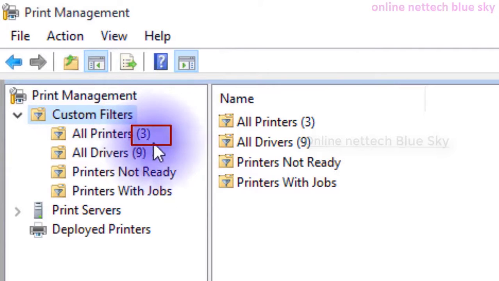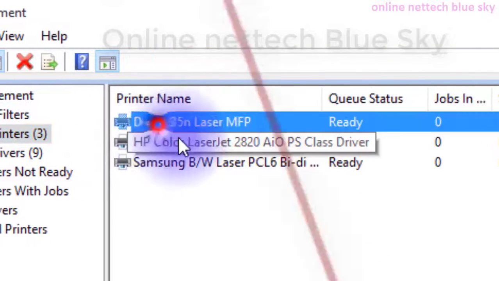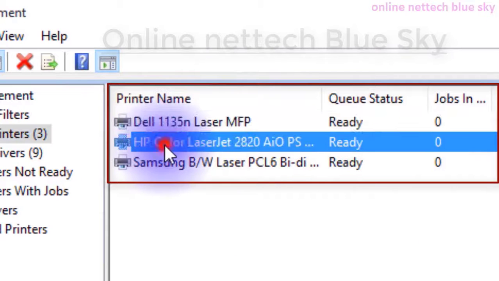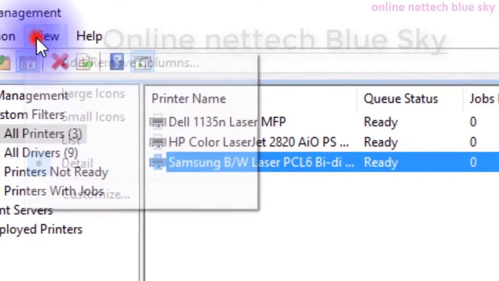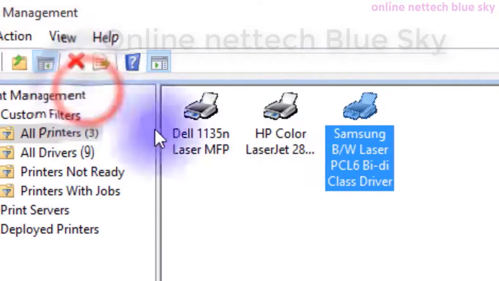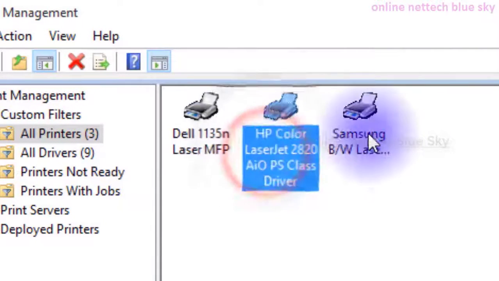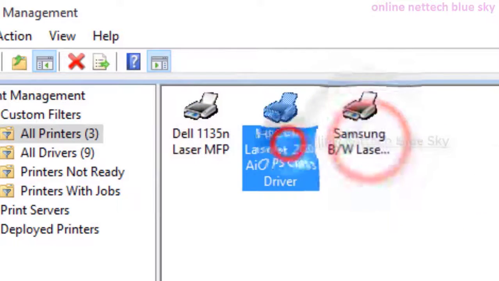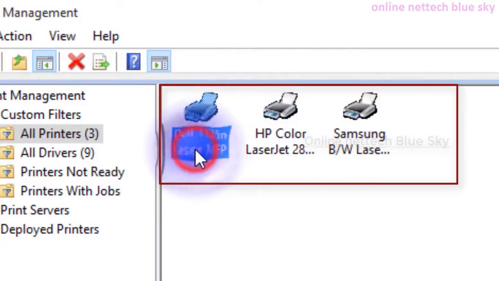You can see here my 3 printers are already added, but I'm not displaying any printer. So I have already entered 3 printers. How can we add a printer? Watch my printer video first. And second, you can see this type of printer available in my system here. I have already connected my 3 printers to my network. You can see the types here: first Dell, HP, and Samsung.